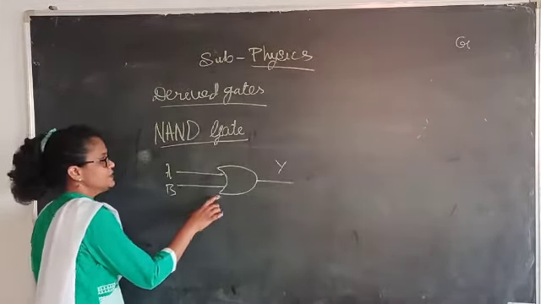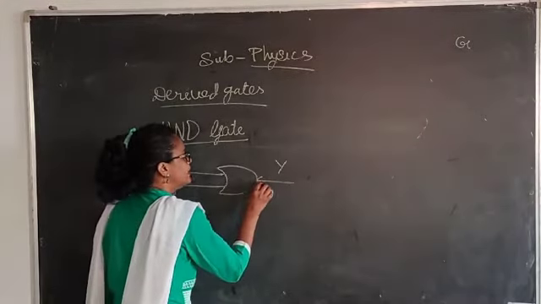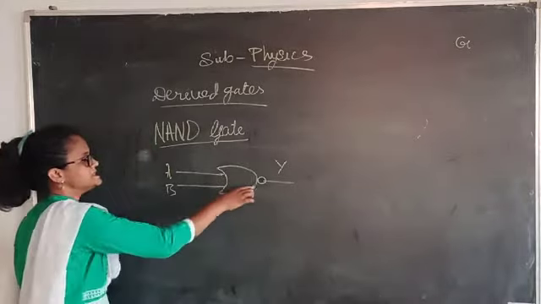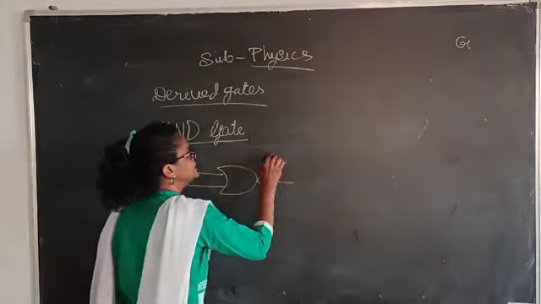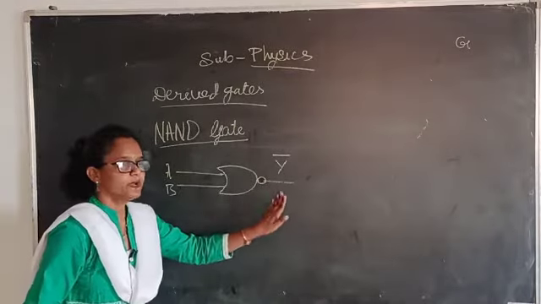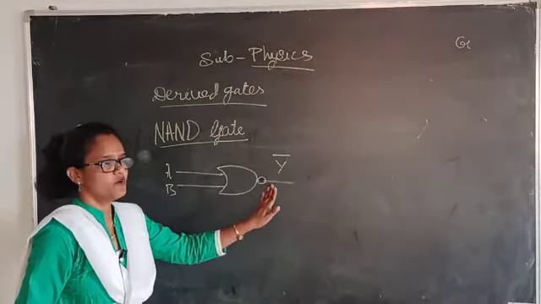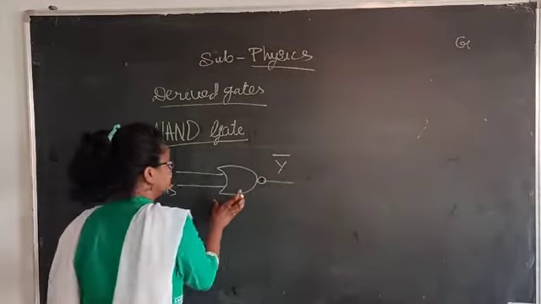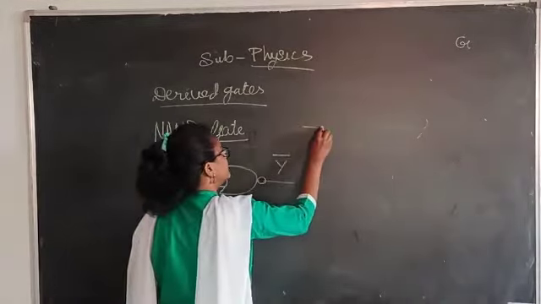And if suppose you put a bubble in front of this AND gate, this AND gate is converted into a NAND gate. Means this is simply the negation of the AND gate,